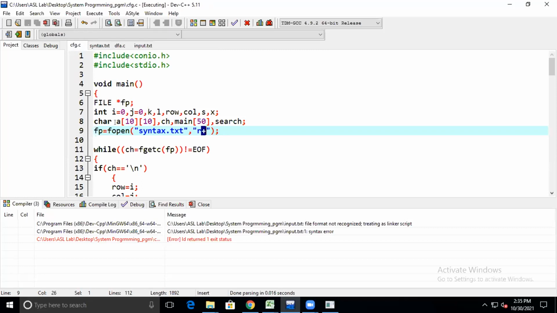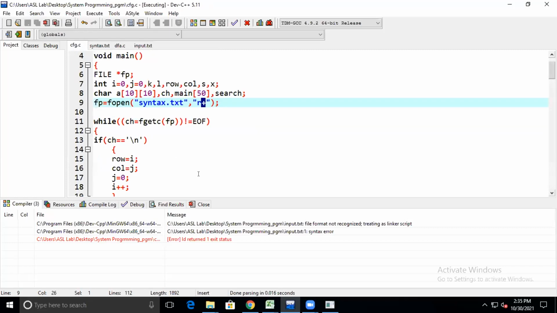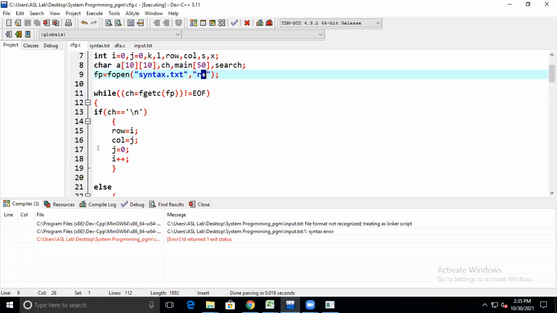Here we are moving further with the end of file. If I am not getting the proper answers, I will go with the while loop, after opening and executing the actual file. Later I need to reach the end of that file. Okay, so character ch equals slash n, row equals i, column equals j equals 0, i plus plus.